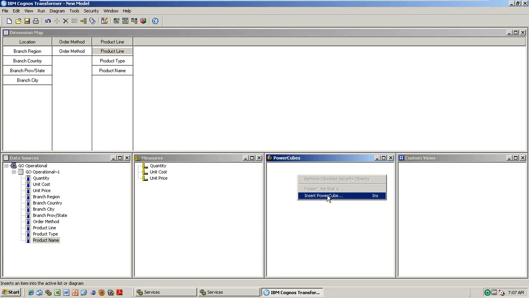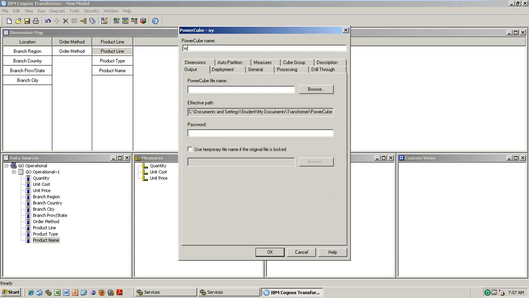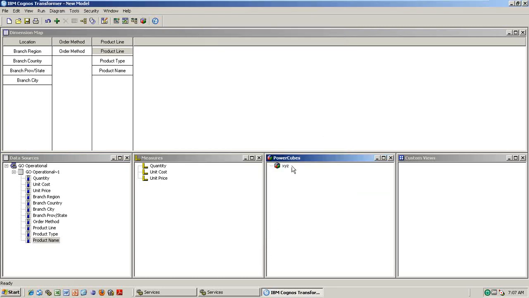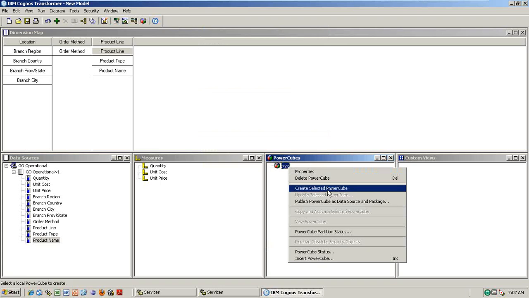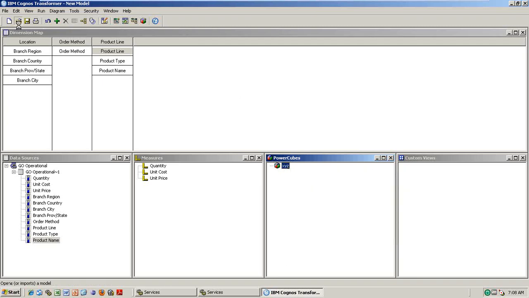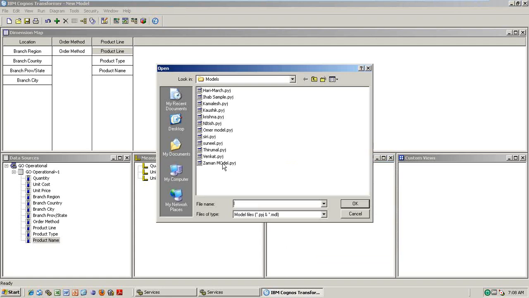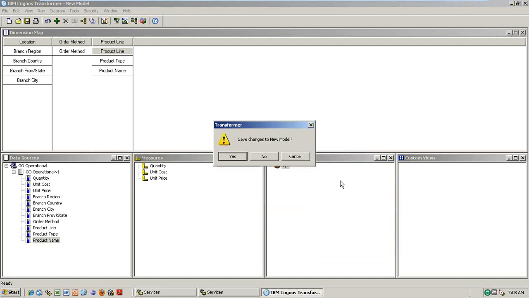And then right click, insert the power cube, maybe XYZ cube. Then you build the cube. So automatically it will build the cube, right? So because of these things, run auto design means sometimes it may not take you properly, whichever is correct or wrong. Is it clear? What do you mean by auto design? So that's the reason why normally we will not take auto design. Fine, I'm going back to our original models.